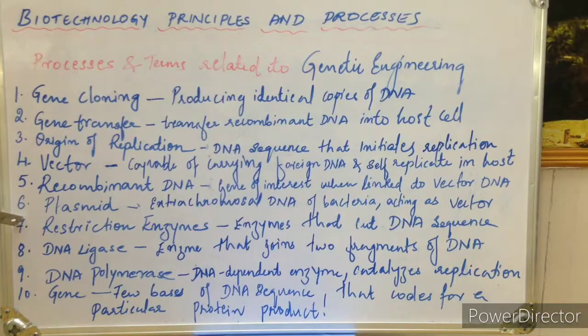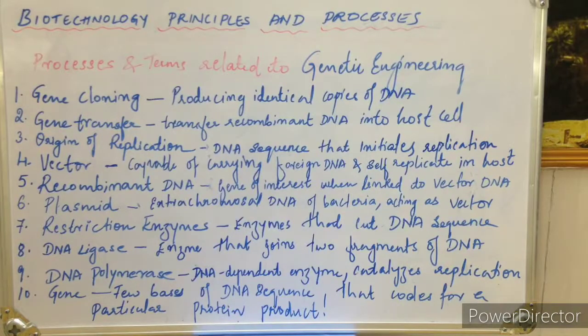Restriction enzymes. Now what are these restriction enzymes? So genetic engineering is all about introducing the gene or combining two different genes or removal of gene. Yes or no? So in order to form a new combination of the DNA or to produce a recombinant DNA, you are going to attach the gene of interest to the vector DNA to form the recombinant DNA.